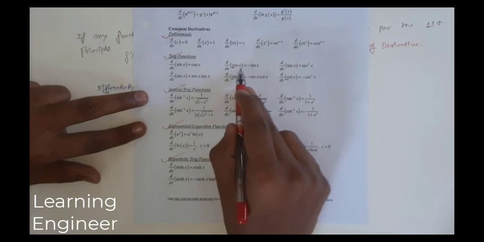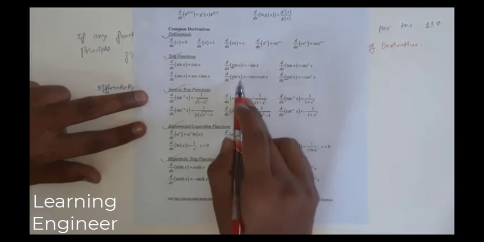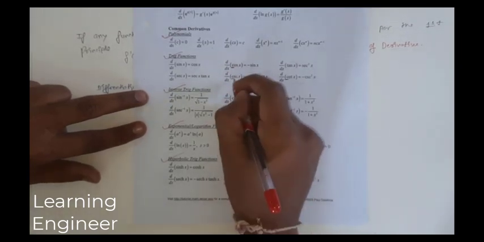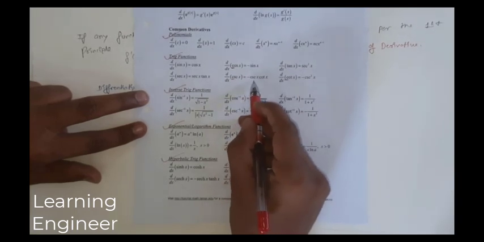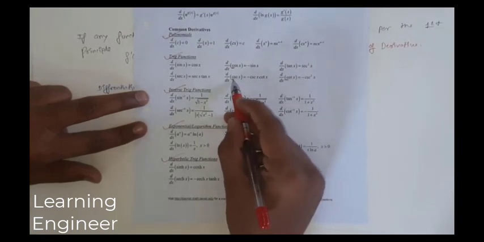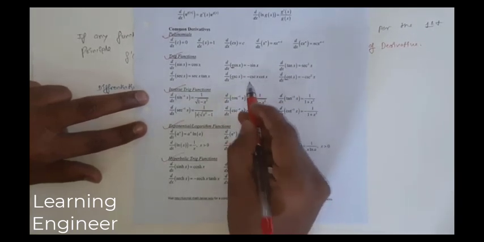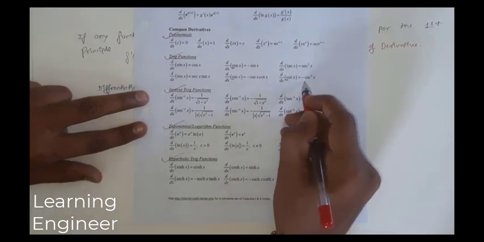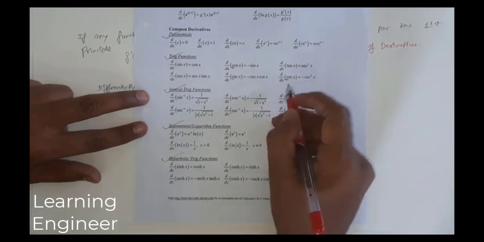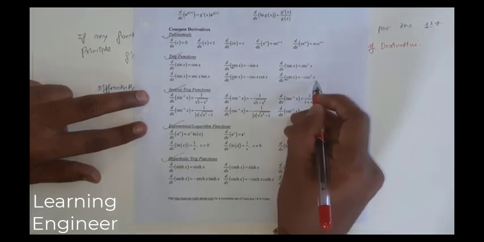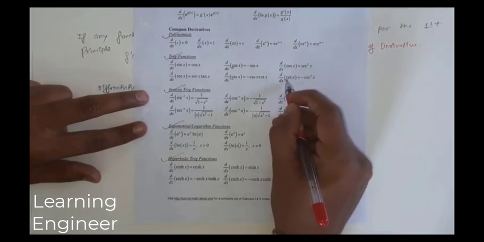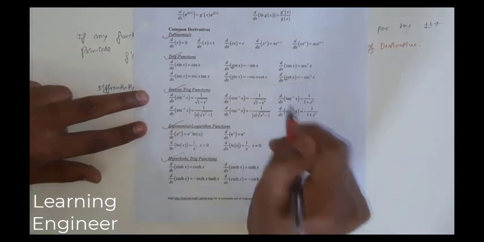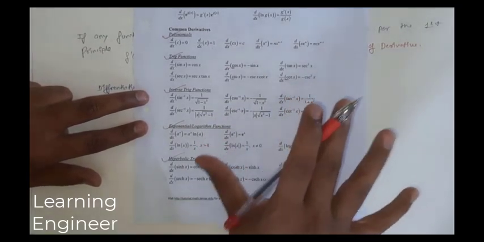So the derivative of cos x, starting with c, is minus sin x. Derivative of cosec x is minus cosec x into cot x; starting with c, so we have used the minus sign. Cot x, starting with c, its derivative is minus cosec square x, as this starts with c, so minus sign. So always remember, this is the important thing.